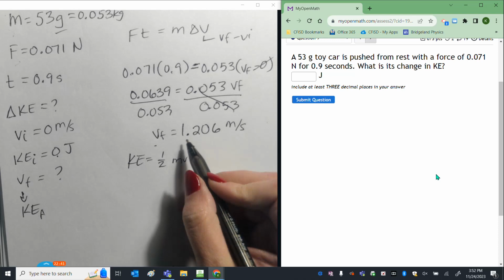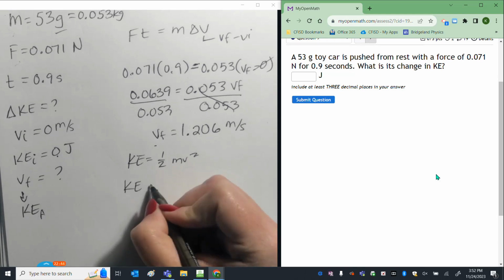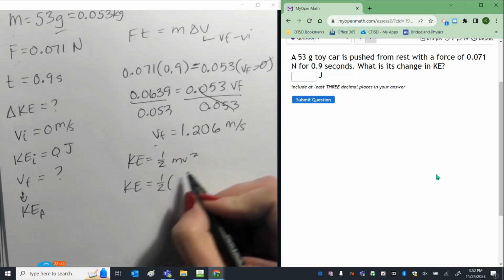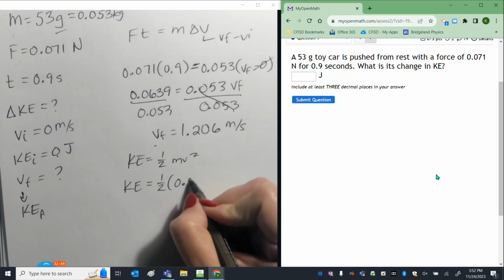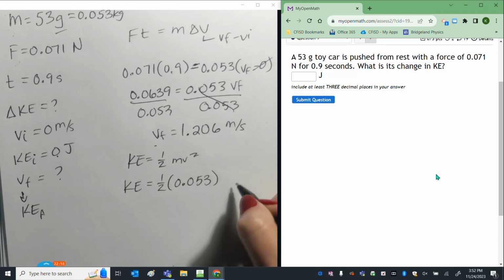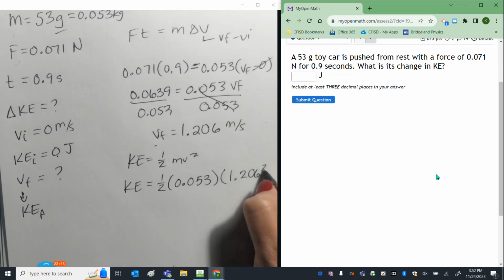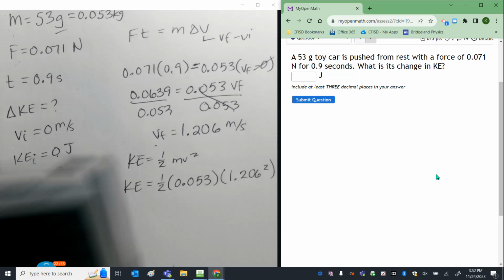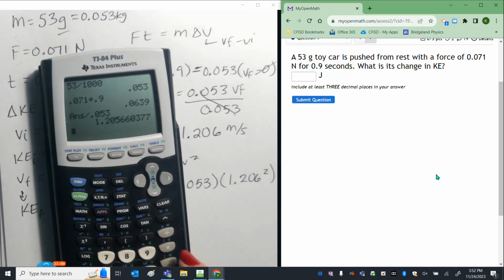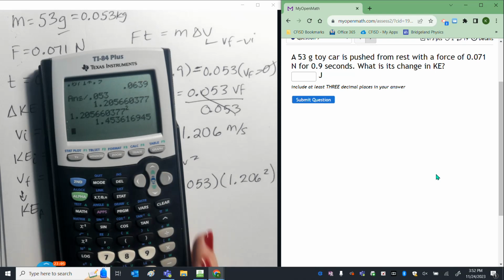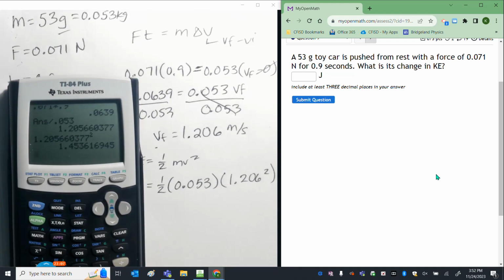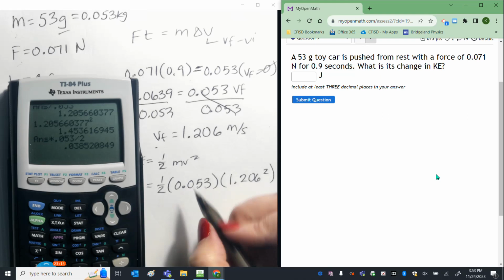We're going to use our final velocity for this one. So our final KE is 1/2 our mass, again 0.053 times our velocity that we just got right here, 1.206 squared. I'm going to square the full value in the calculator. So we're going to do this squared, and then we're going to multiply it by 0.053 and then divide by 2 for the half. And that gives us